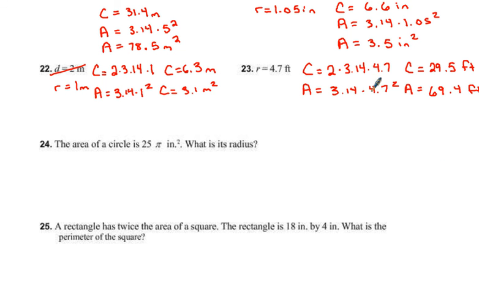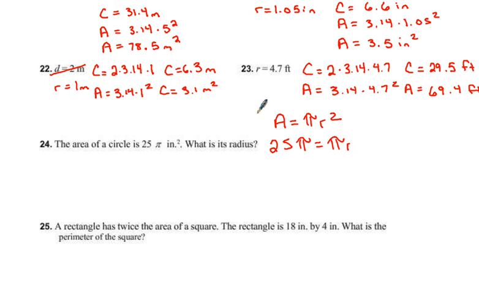Now, the next problem is a work backwards problem. Listen to me. You're going to be working backwards on this problem. They give you the area of the circle. The area of a circle formula is area equals pi r squared. They tell you the area is 25 pi. So you put it in where the area is. 25 pi